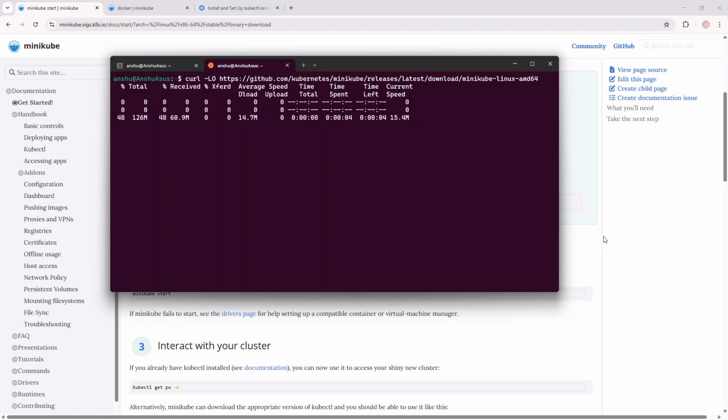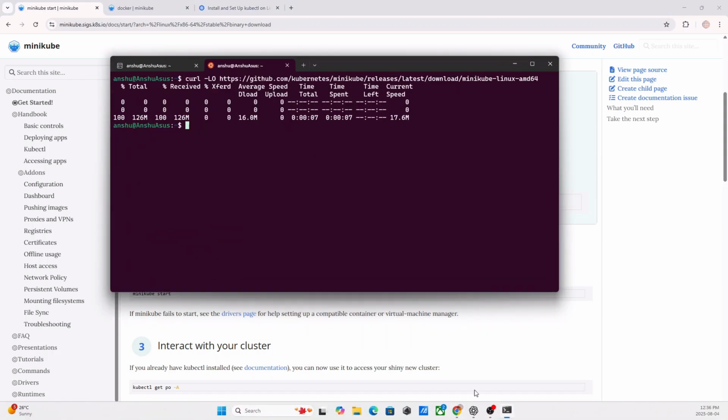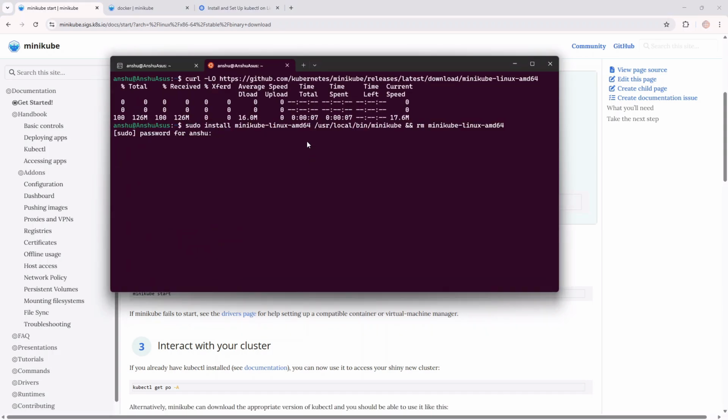I'll wait for it to finish. Now, once this is done, I'm gonna install the Minikube. It asks for my password because it's a sudo command. Once I enter the password, it's installed. Now, if I do minikube, sorry, minikube start,